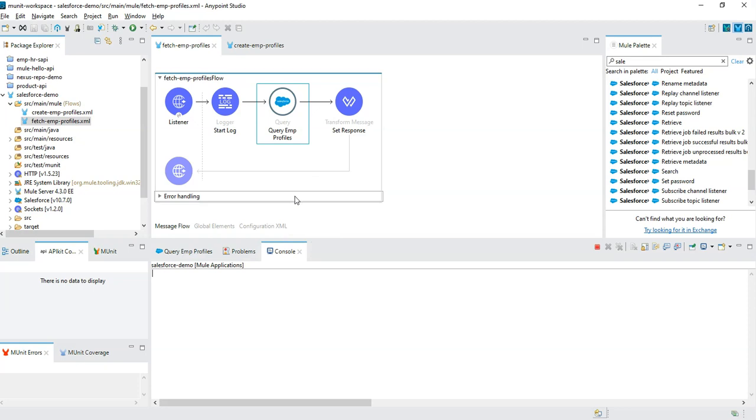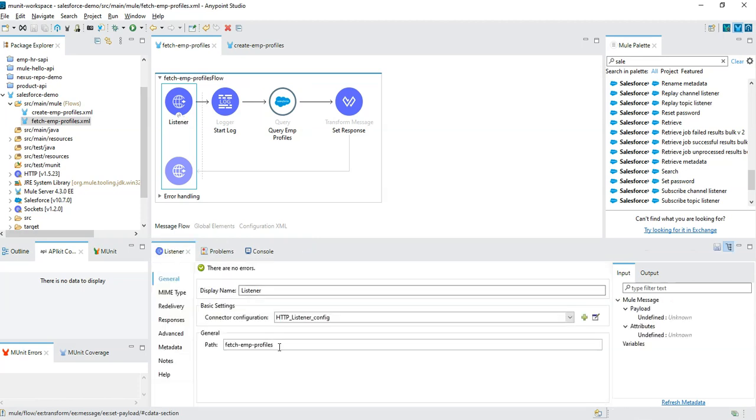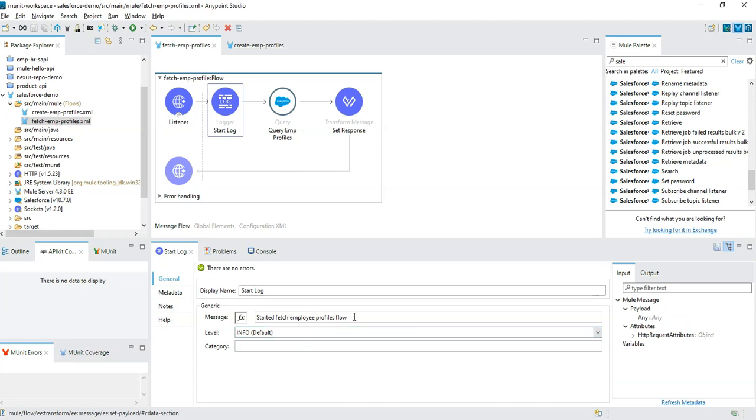I have created a simple REST service in a Salesforce demo project, which is fetch EMP profiles. Here I have taken the path as fetch EMP profiles and added a start log saying that the flow has started.